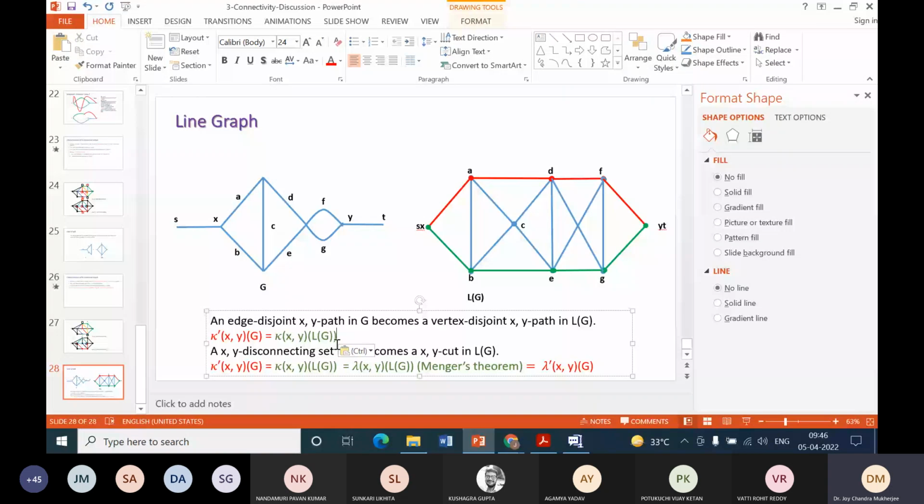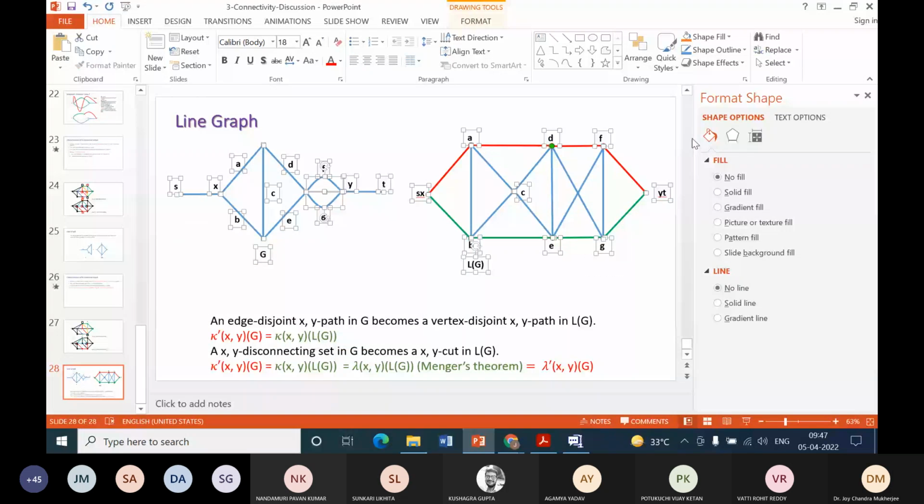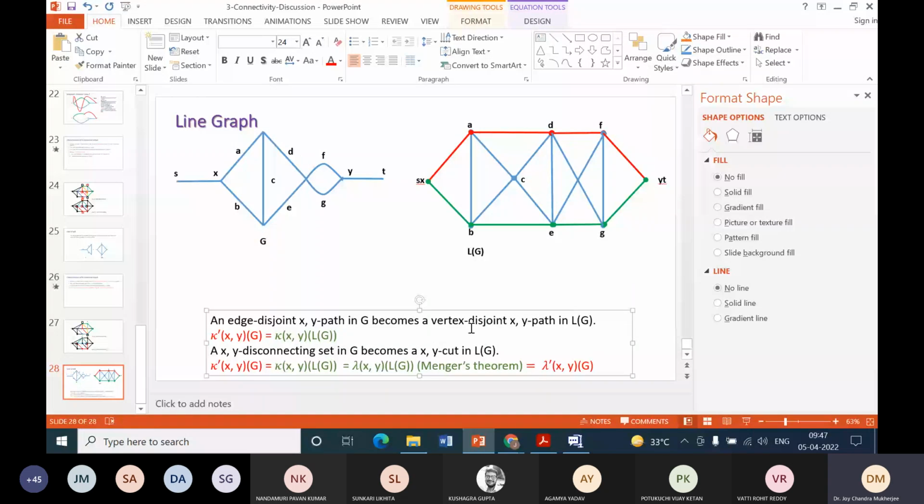And why is that so? Because if this is an edge disjoint xy path in G, that means it became a vertex disjoint xy path in LG. So that is why it is kappa xy in LG. Now from Menger's theorem we have